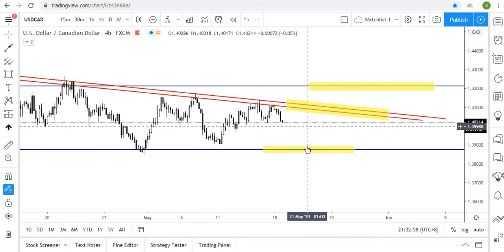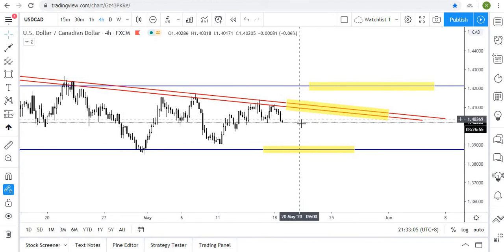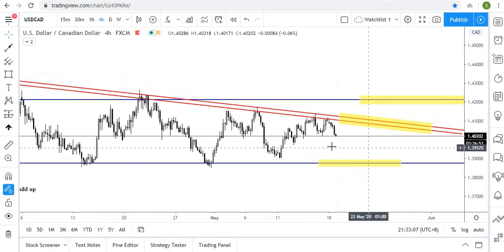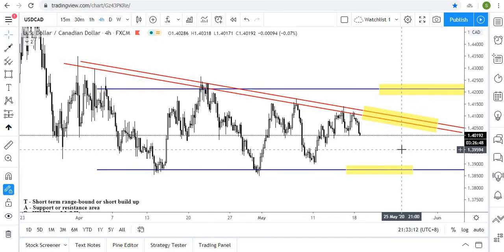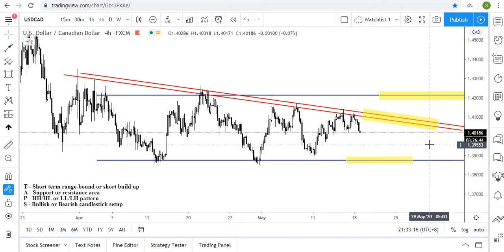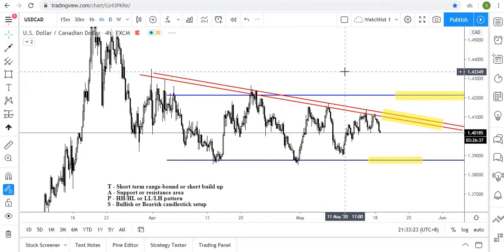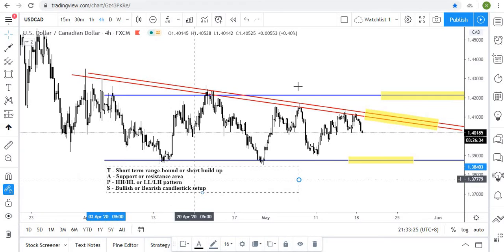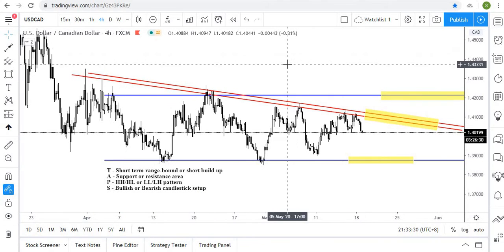Because the target is quite close, the room for the price to move is small, so you have to take a look at your risk and reward. Make sure it's at least 1, or that it meets your trading plan. What is your trading plan? I mean what target you are looking at. If it does not meet your target, then you might just skip this trade. Then we move on to the next one,